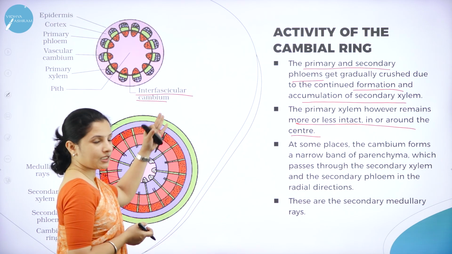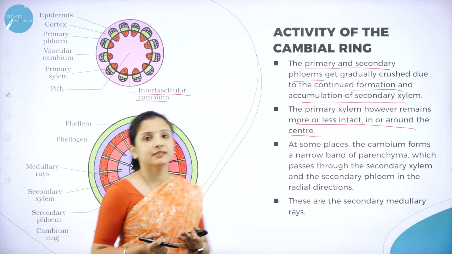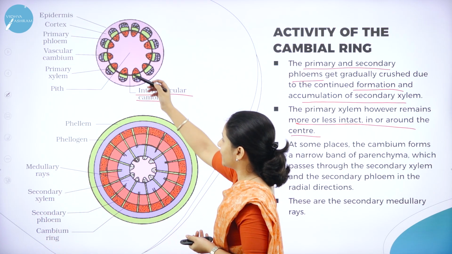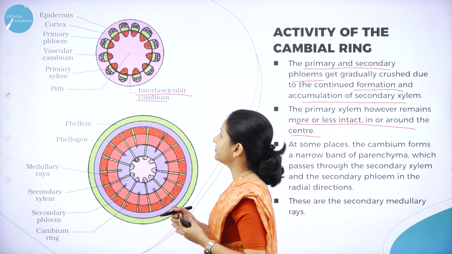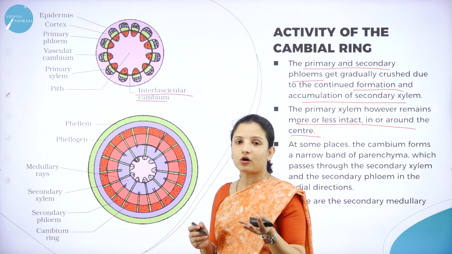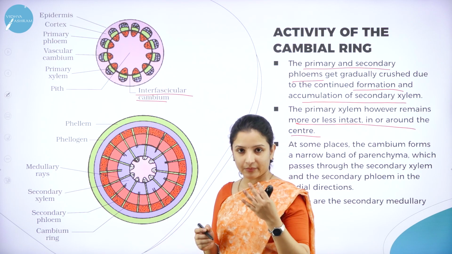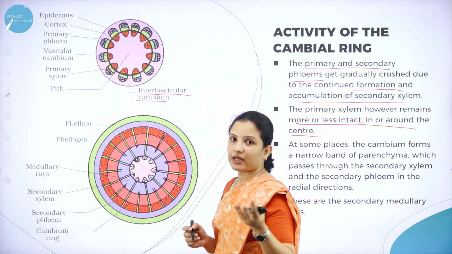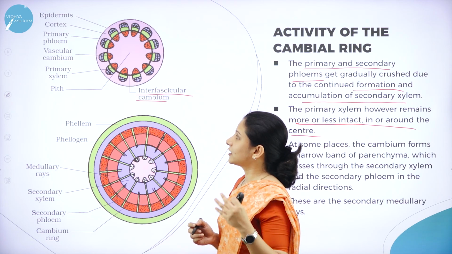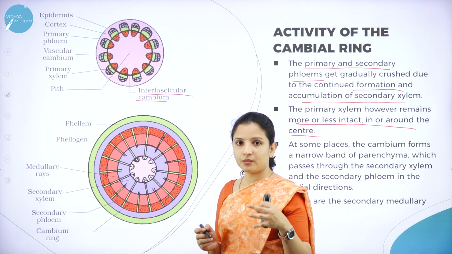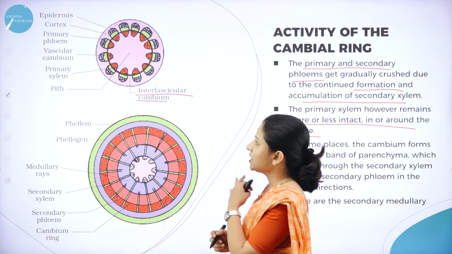As we can see, the interfascicular cambium is formed. So we have the complete cell. I can explain to you again. The outer layer of the plant cell is covered by the epidermis. Then comes the cortex. In the case of the dicot stem, it contains parenchyma, collenchyma and sclerenchyma, which we have studied in the previous session. Then comes the primary phloem, and then comes the vascular cambium or the intrafascicular cambium, and then we have the primary xylem.